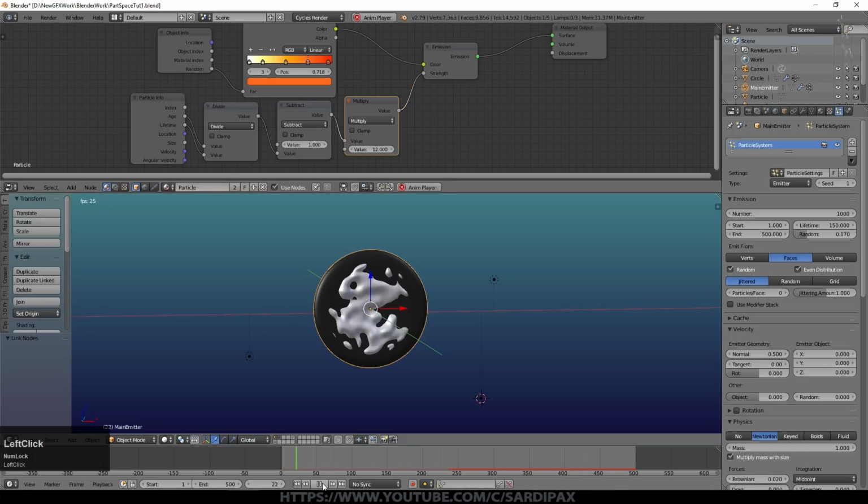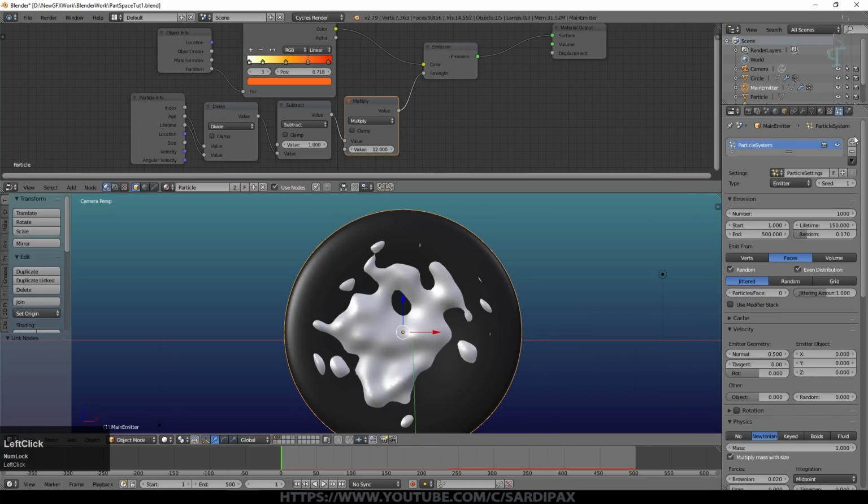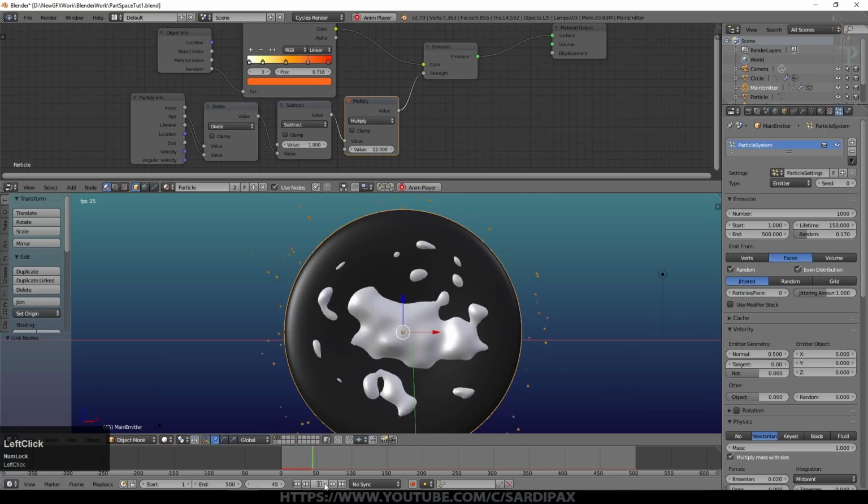So let's just create a few particles. We zoom in a bit. You may frequently find that particle systems will get messed up, so you just need to play around with a value until that red bar goes light coloured, and then when you press play it'll create them as normal.